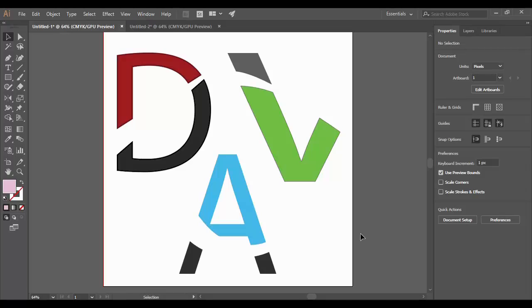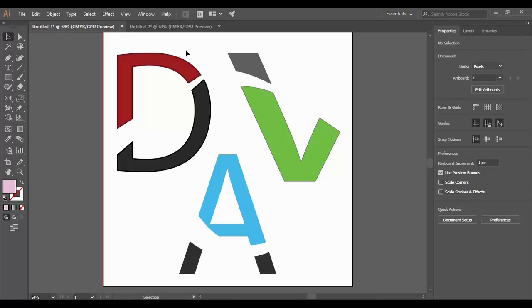We are going to see how we can create single letter logos. Now for creating these simple single letter logos like these ones over here, all you need to do is follow simple steps. Apart from that you can see how elegant they look, and you can easily use them as your brand identity. Now these letters could be anything like the first letter of your name or the first letter of your brand name or any other thing. So without taking much of your time, let's see how we can create the simple single letter logo in